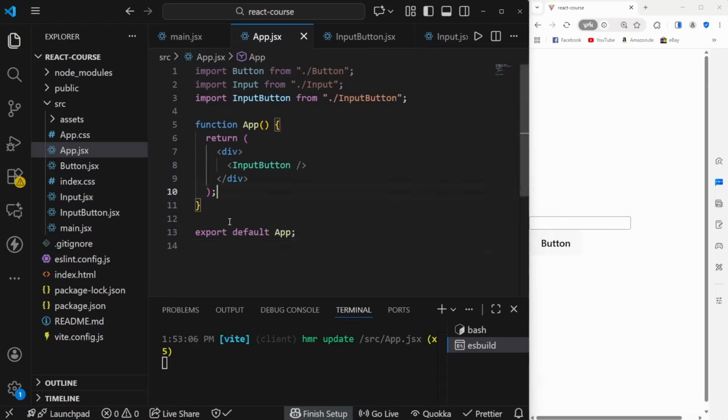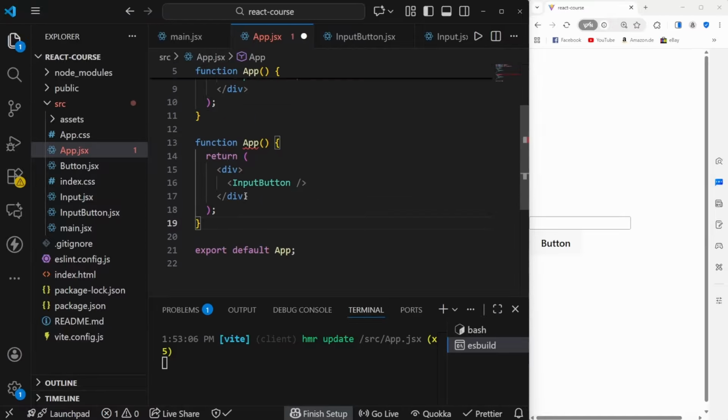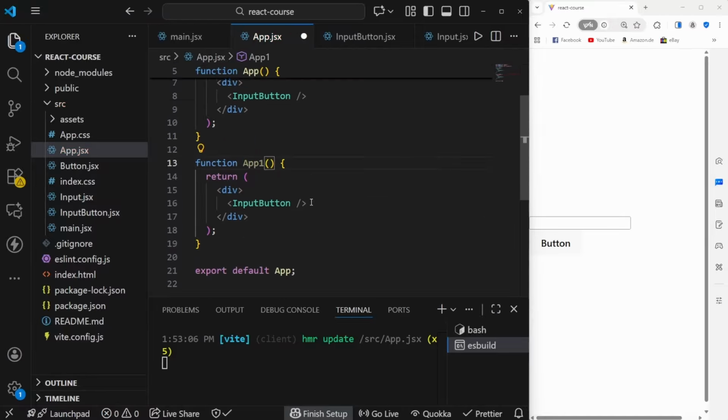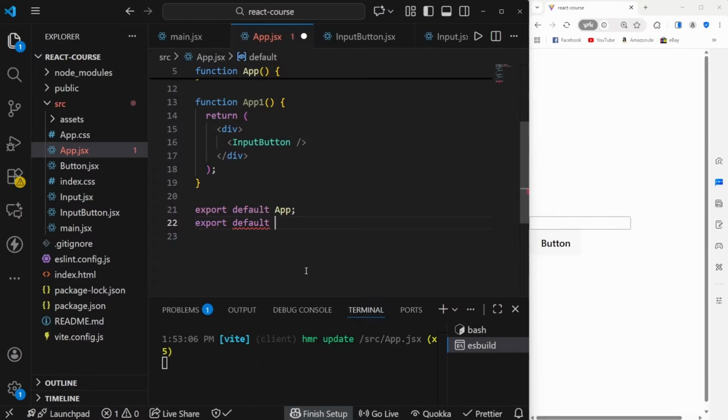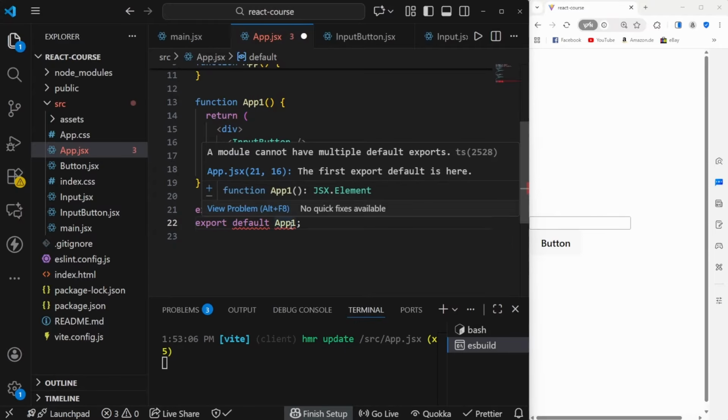Now let me also show you the difference between export default and a named export. So there exists a default export. That one is the export that we've already seen. And that one allows us to export one single thing from every single file. So if we would have a second function inside of this file, maybe app1, we could not say that we want to export default app and we want to export default app1 like so. This here is an error because every single file can only have one default export,